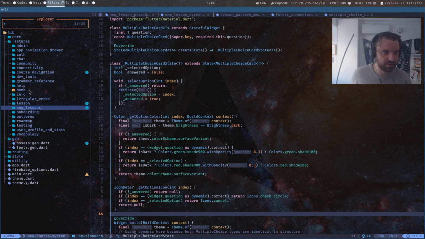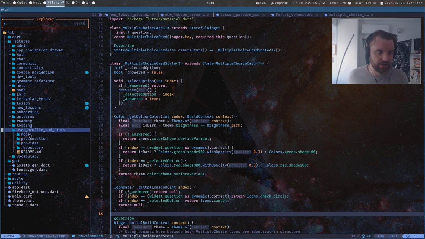So that's the features, and then on top of that we also have the auth system, which I'm not going to show, and we have the services, which is maybe in core. So for example, all of the audio stuff, rather than doing it for each feature, it's done once, and then you're using that service. You're just calling functions on it, and stats and stuff too.